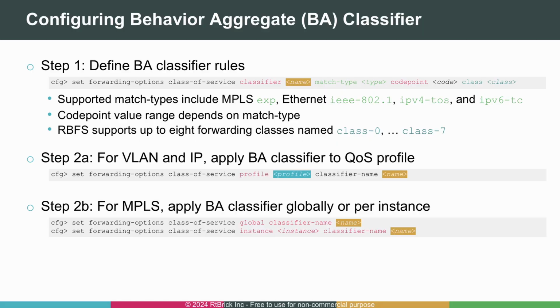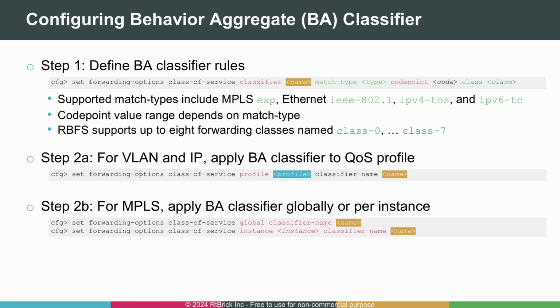This slide summarizes the configuration we just performed for your reference. Defining a behavior aggregate classifier simply includes specifying the classifier name, the type of QoS marker, and the mapping of a code point to a forwarding class. Once defined, the BA classifier can be applied to a QoS service profile, which can then be associated with either access subscriber profiles or interfaces. For MPLS, the BA classifier can be assigned globally or on a per-instance basis, which is especially useful in MPLS